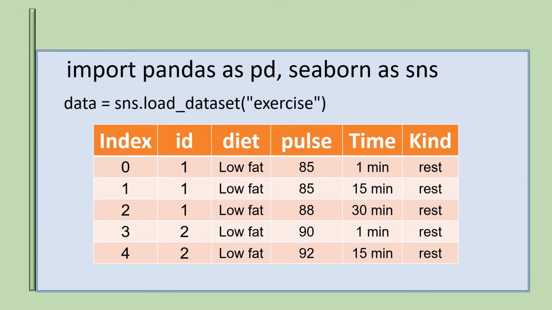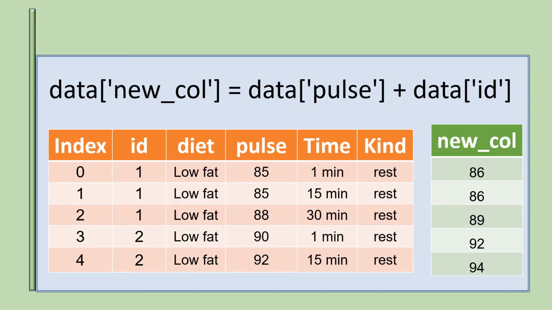For the current session, we are leveraging a data set that is inbuilt in the Seaborn library. The name of the data is the exercise data set. There are 5 distinct columns present within the data set, and we are using the head parameter that showcases the top 5 rows.